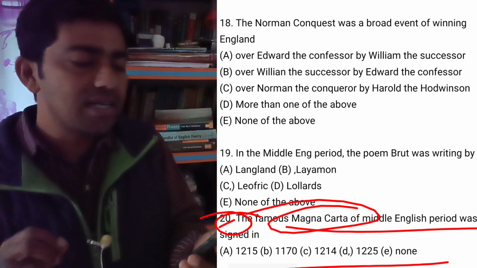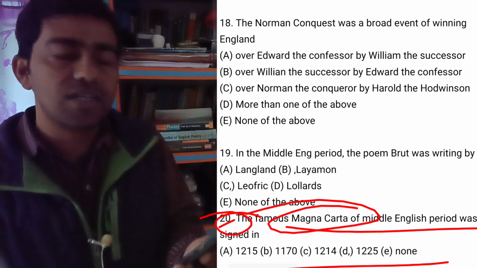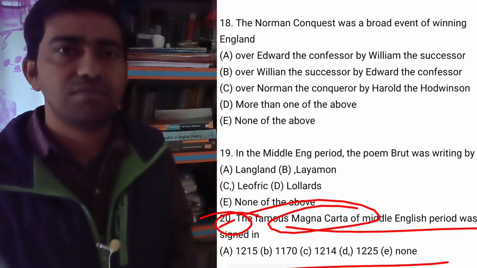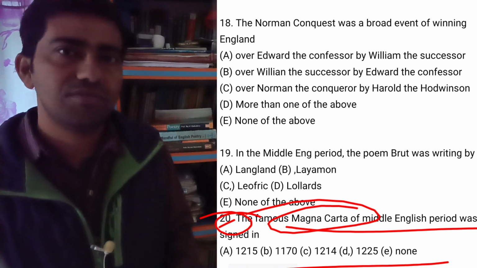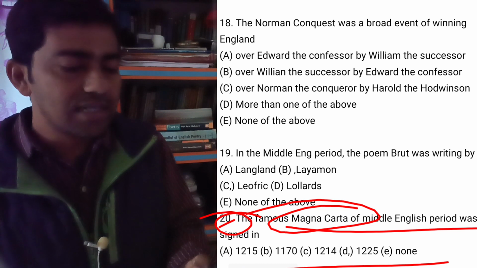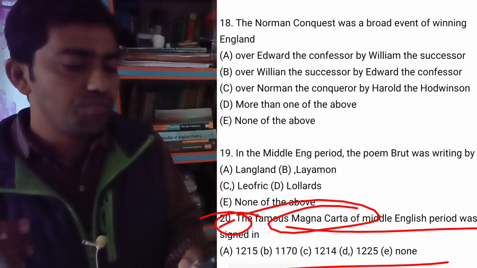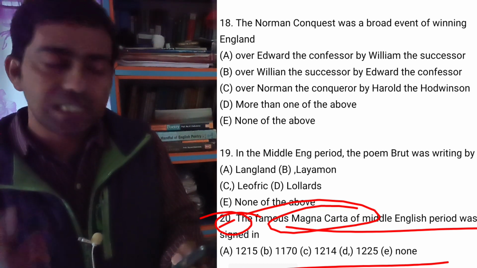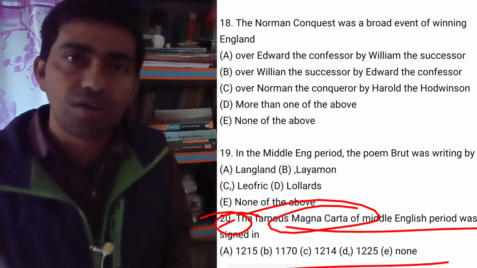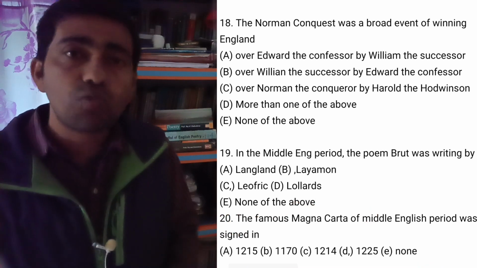The famous Magna Carta of the Middle English period, after the Norman conquest, was signed in 1215, 1170, 1214, 1225, or none. So these are the 20 MCQ questions and the most probable ones which could come in your BPSC